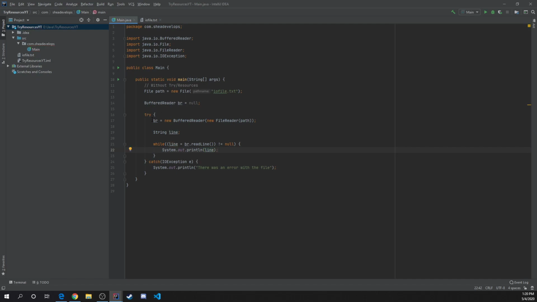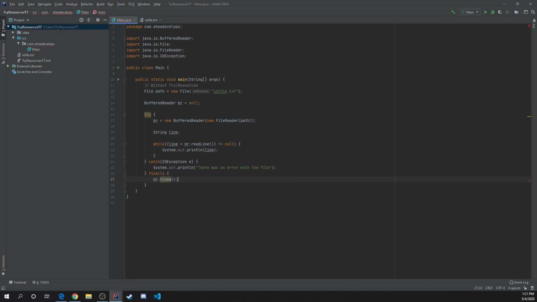And that is, like I said, our traditional try catch. And then if we want to make sure that we close this, we want to do a finally. So this will happen regardless of whatever happens with the try. If the try doesn't go through, this is still going to go through. So we could do